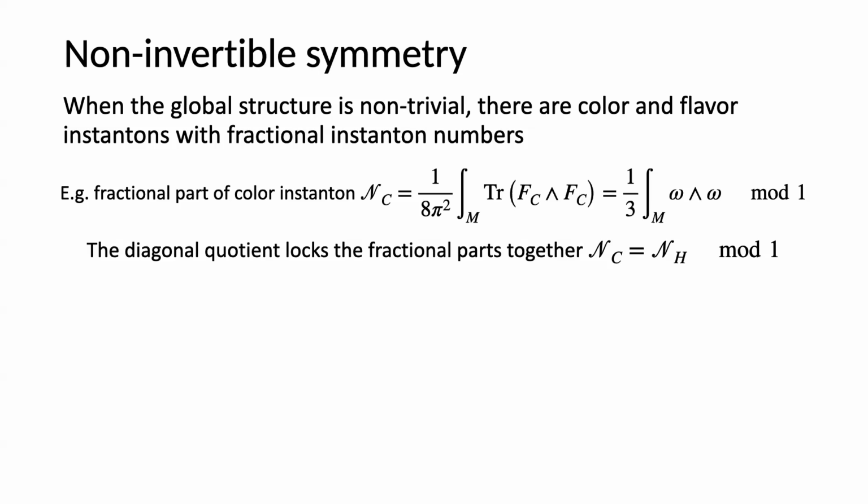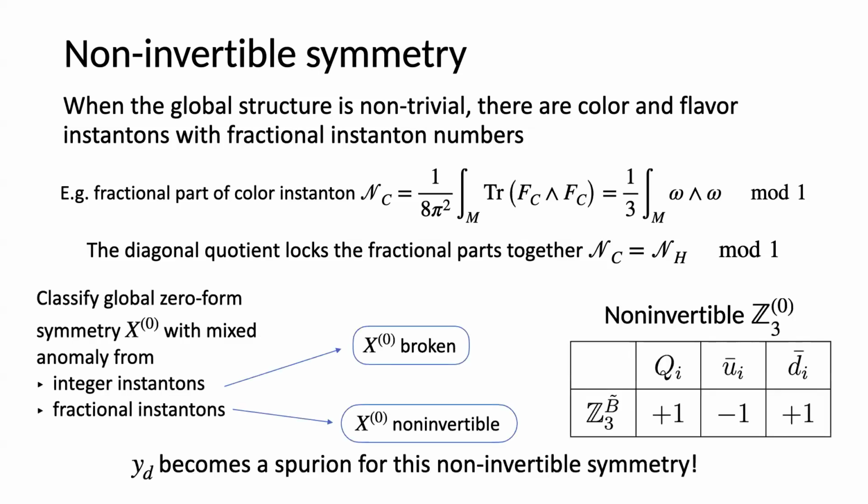And that's exactly the sort of thing we want in order to find a non-invertible symmetry. You have to do a slightly more careful analysis. In this case, I won't go through it, but we can talk about it, or it's in the paper. You have to think about which symmetries have mixed anomalies in integer instanton backgrounds. Those are just broken, because those can be realized on R4. But if they only have a mixed anomaly in fractional instanton backgrounds, so again they have an anomaly formally, but that instanton isn't realized on R4, then those symmetries become non-invertible.